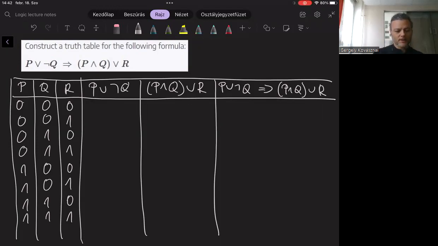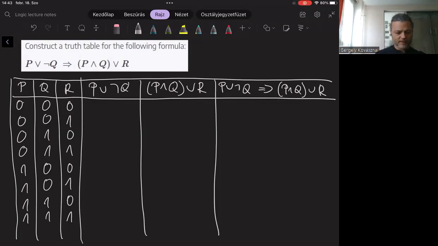So evaluating P or not Q is kind of easy because the disjunction evaluates to 1 if any of its operands evaluate to 1.